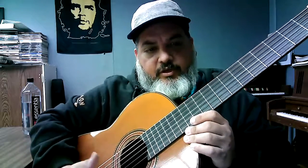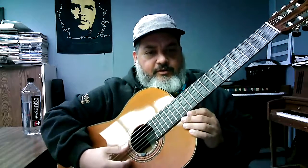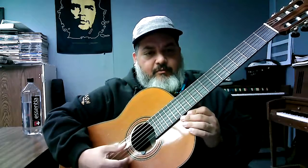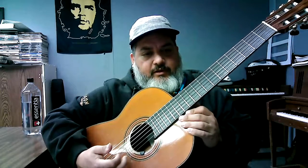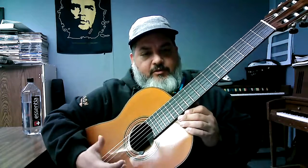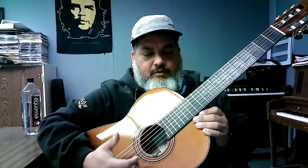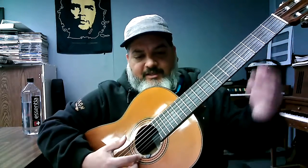All right, so let me see if I can back up just a hair so that you can see what I'm doing. I'm using my thumb primarily for these two strings, and then this finger for this string, this finger, this M, for the last string. And what that enables me to do is keep the mute on the back of the bridge. So if we look at 67, we have,